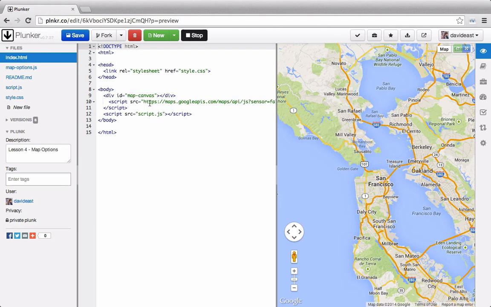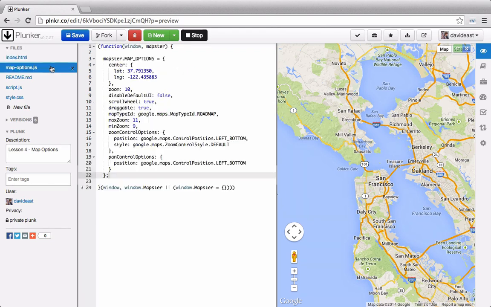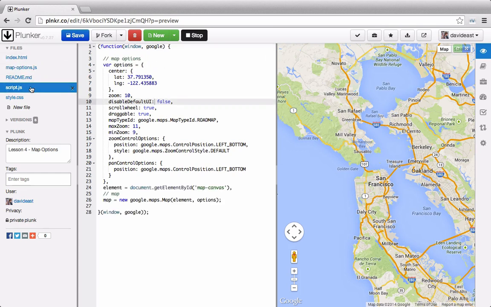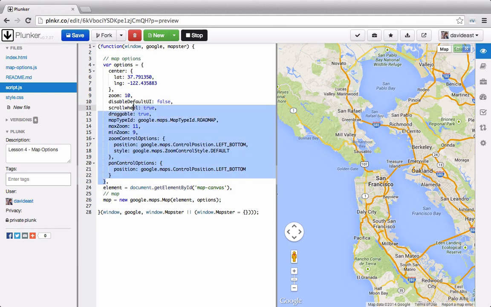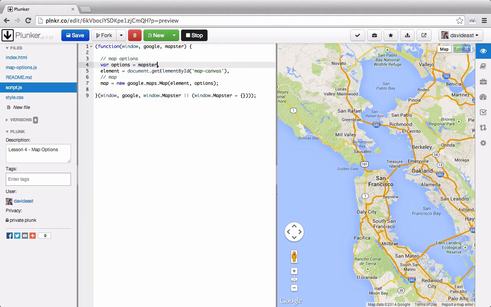So if we go back to our index and we include this, and then we'll go back into our map options, and one thing we don't want to forget to do is import the Google namespace since we're using it inside of this self-invoking anonymous function. So now that Google's included, we'll go back into our script.js, and just like we've done previously, we can import window.mapster and do a null check for it as well. So now rather than setting up these options in this big object literal, we can go to mapster, and we can do